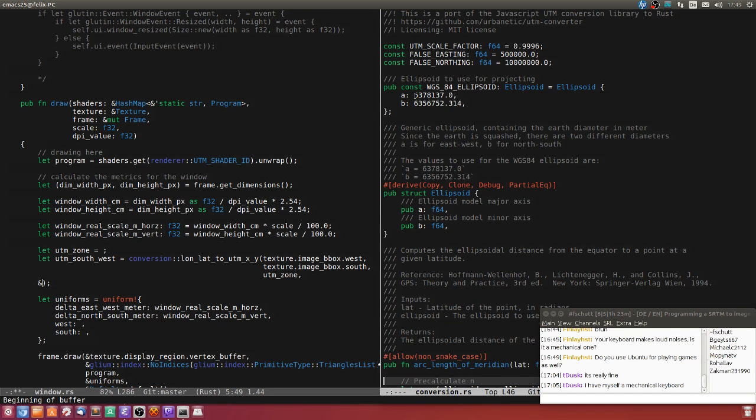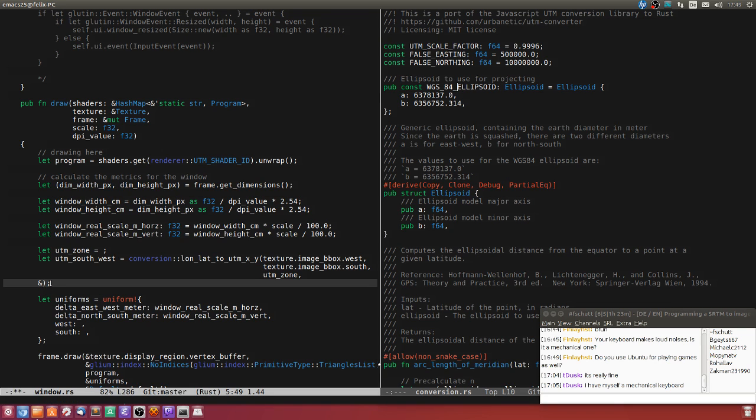This is the standard ellipsoid for the model of the Earth. There are many ellipsoids, but